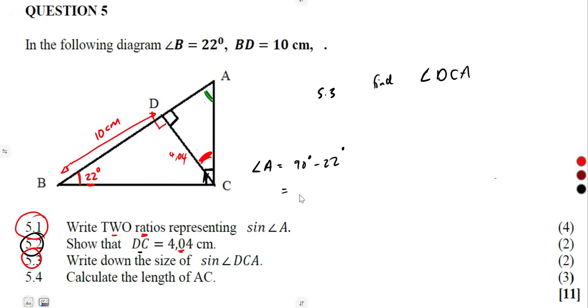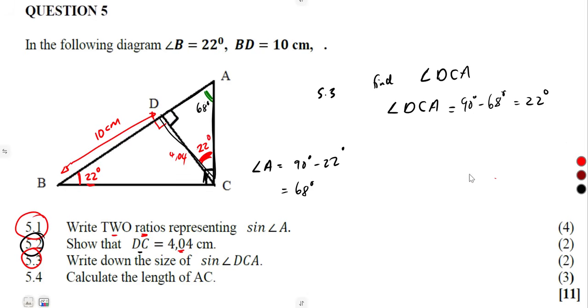So that was going to give us 68 degrees. That's angle A here. It's 68 degrees. So meaning to say, angle DCA can be calculated as ADC is a right angled triangle, so you can still use the same concept. This angle is 90 degrees at D. So angle A and angle C must give us the remaining 90 degrees. So we can simply subtract 90 minus 68, which is going to give us 22 degrees. So the angle here at C, DCA, is